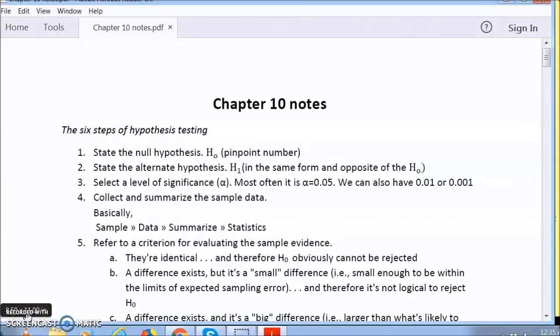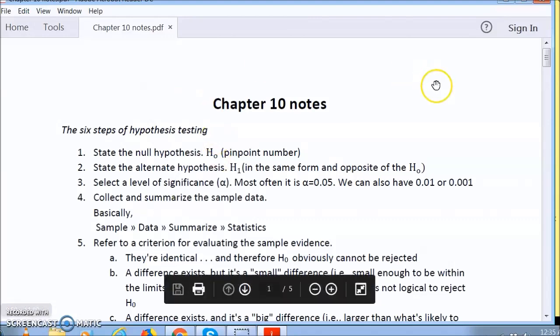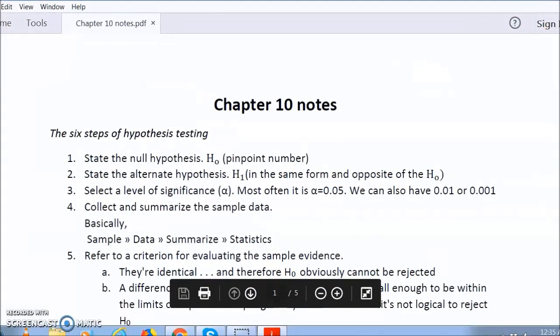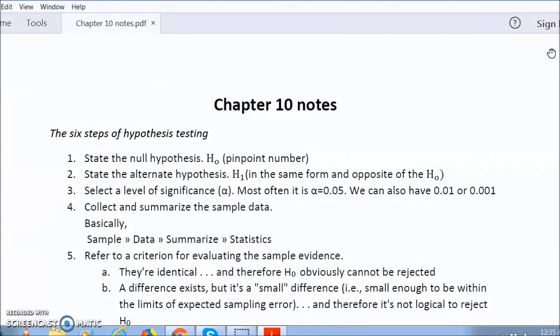Hello all, these are your notes for chapter 10. I decided to go ahead and do it in a notes section rather than doing it as a PowerPoint because this seemed easier and simpler to explain, since the matter contained in chapters 10, 11 and 12 is very dense. So looking at this, we are going to review very quickly